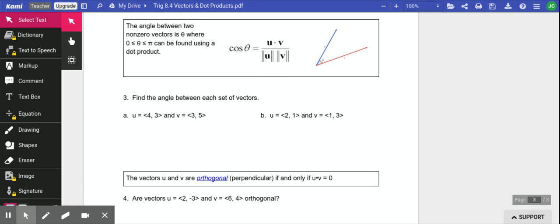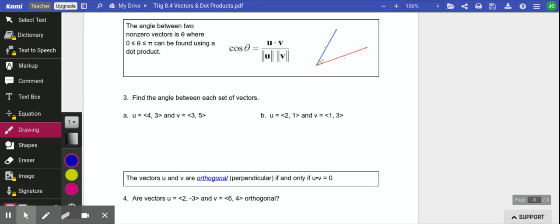Okay, so let me show you how to do this, and then I'll talk about why we want to do this. We want to find the angle between each set of vectors here. So we want to find this angle, and we're going to use this formula. Cosine of theta is u times v. So (4, 3) times (3, 5)